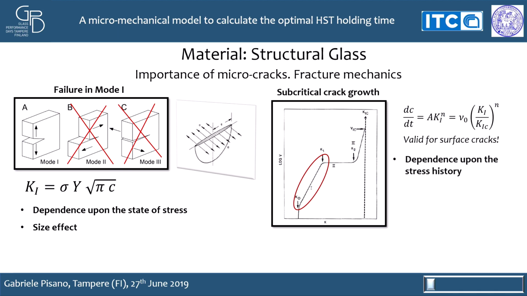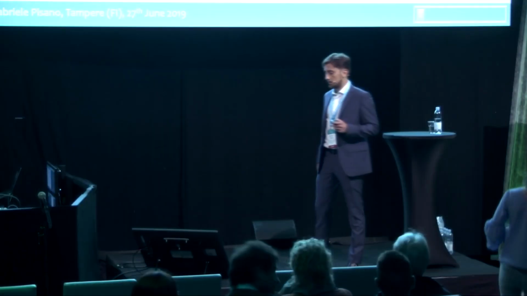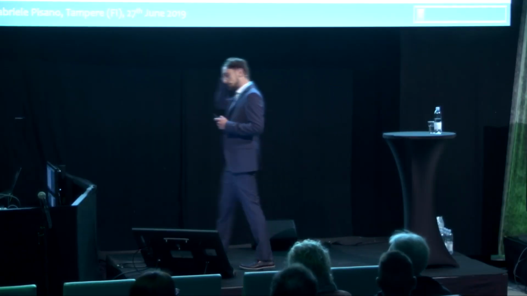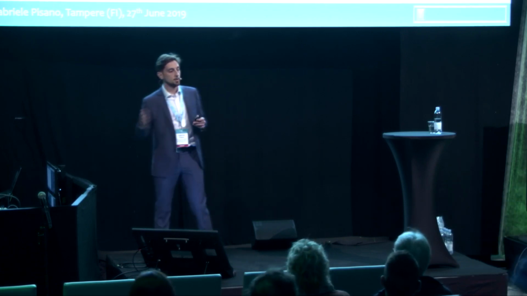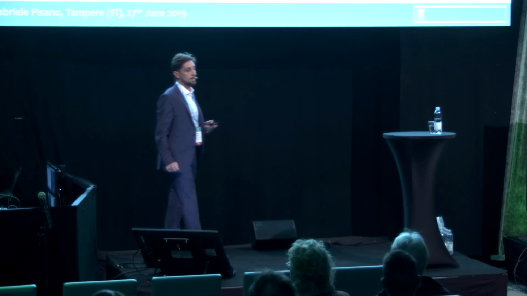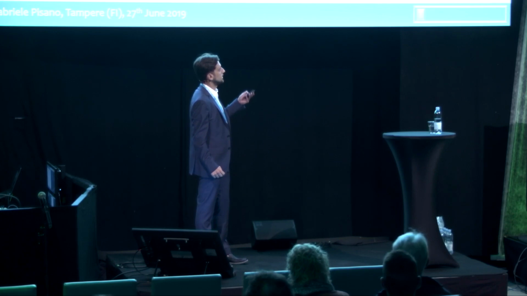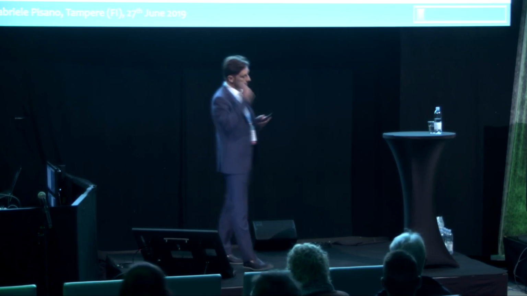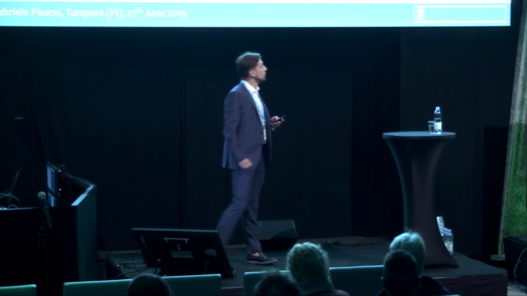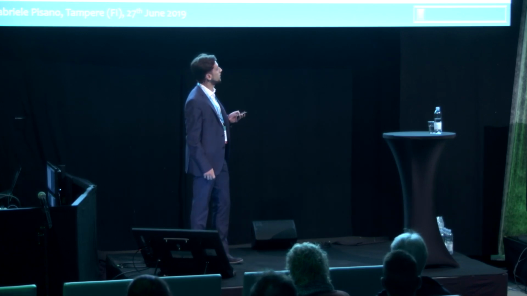This is why the most common way of strengthening glass is the tempering process, according to which the glass is heated up to 650 degrees and then rapidly cooled, generating tensile residual stresses in the core part of the plate and compressive stresses in the outer layers. That is why cracks can grow only when tensile stresses generated by external action overcome the compressive residual stresses.